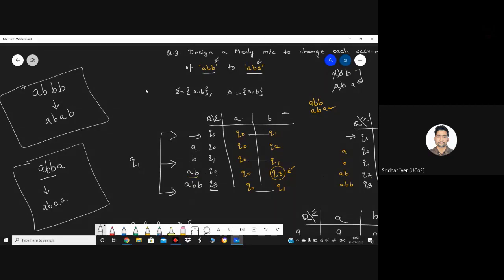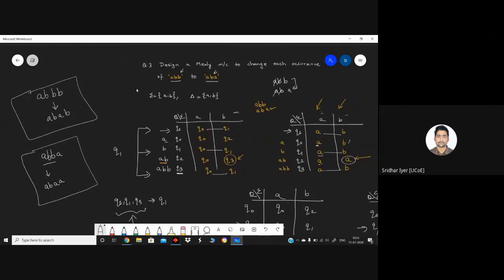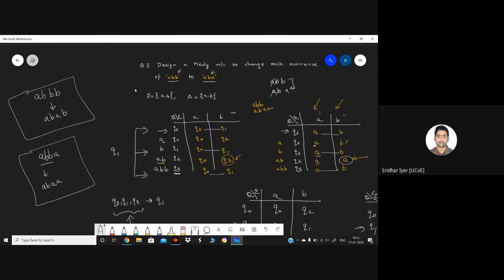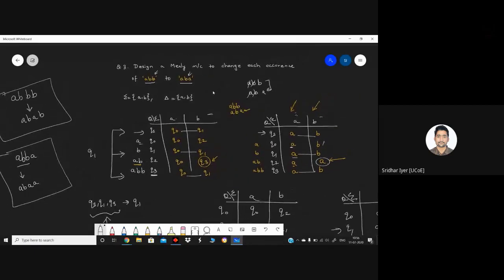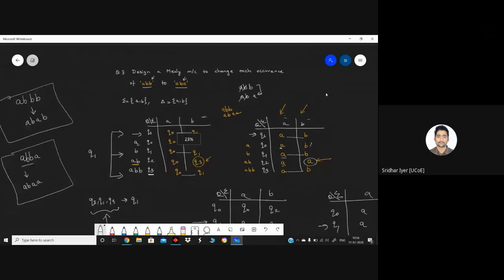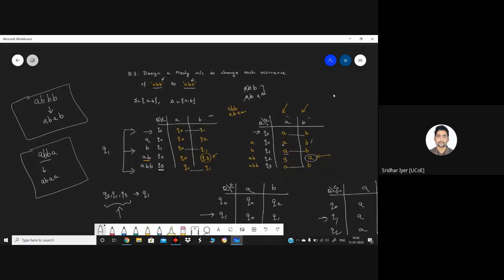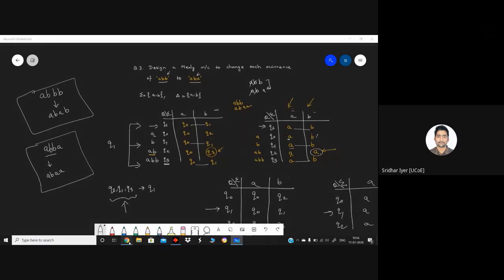Okay, so I guess these two concepts were clear. Basically, I have done only two problems in today's lecture because it's a slightly new concept for you all. So I went slow today. Whenever required, you can ask me to increase the pace or slow it down as you wish. I hope you got the concept today. So you can wind up the lecture if you're not having any doubts.